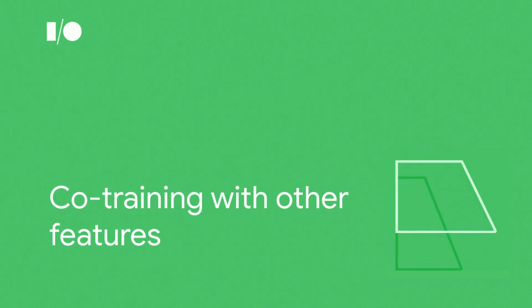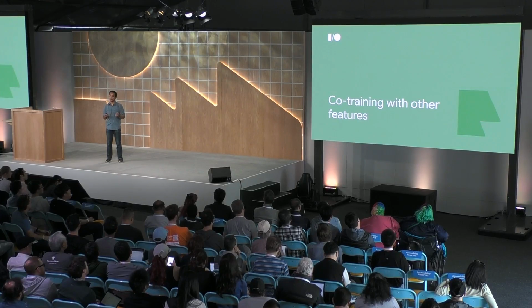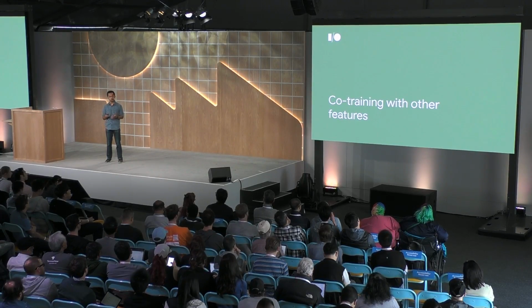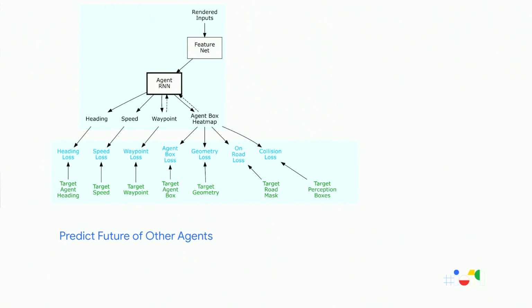Okay, so far we have the net which can avoid collisions, drive smoothly through the lane boundaries and so on. But we want to do even better. Typically in machine learning, a way to improve generalization of any models is to co-train with other objectives which might be relevant to the main task. For the task of driving, one such task is to predict the future of other agents. As we saw in the architecture diagram for the self-driving software stack, behavior prediction is an important module. What if we could predict the future of other objects together with predicting our own trajectory?